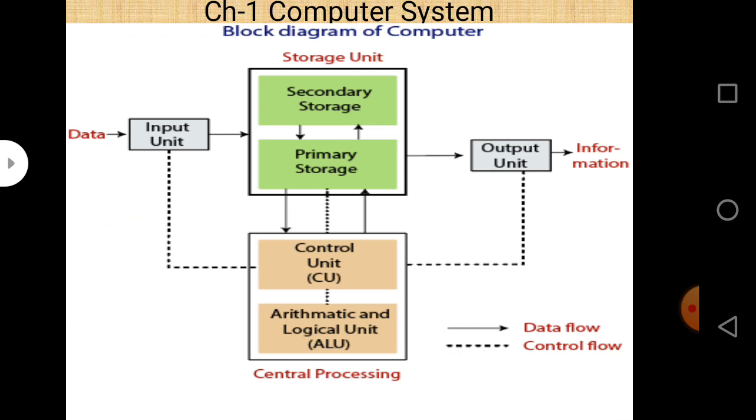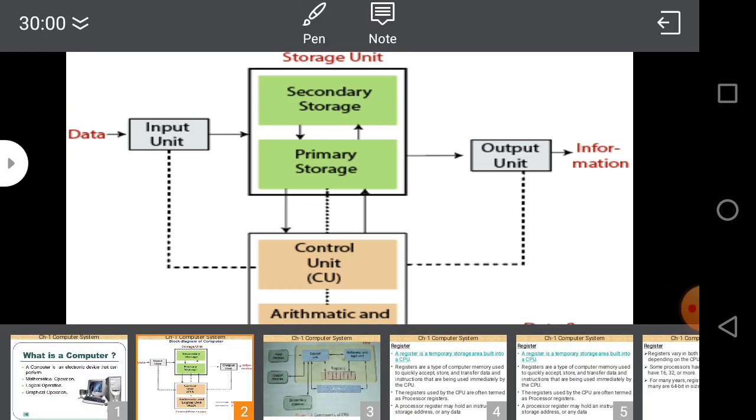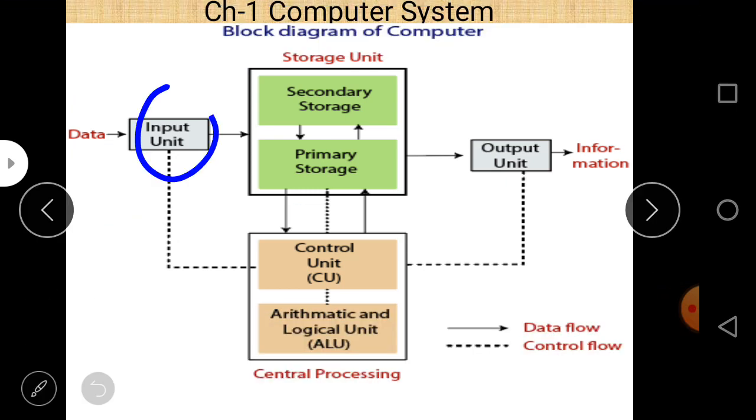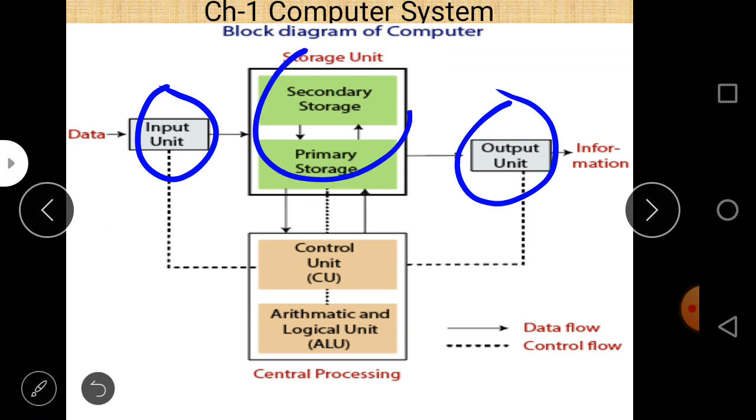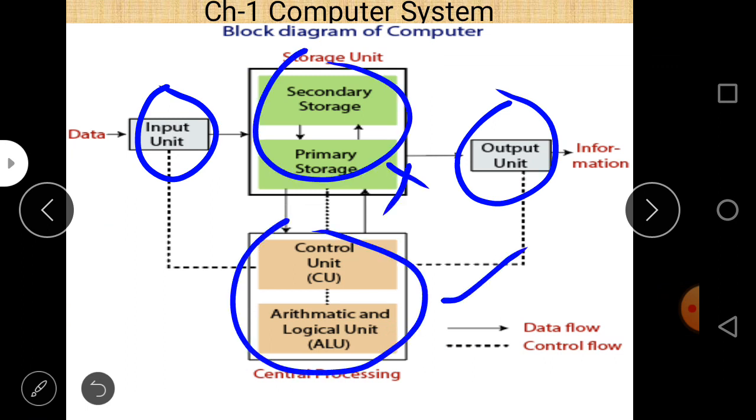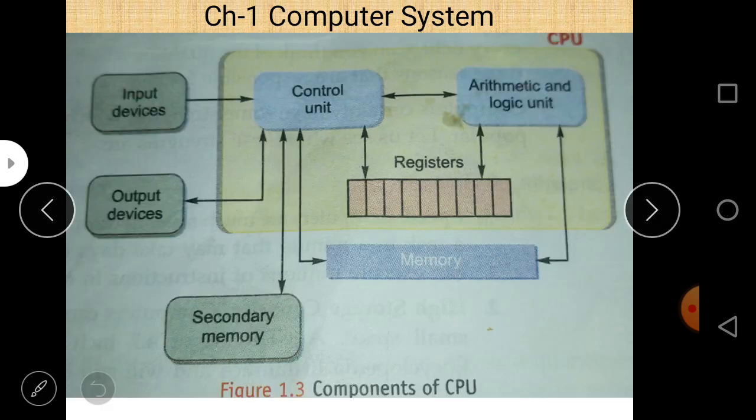So there are four different parts of it. That's why it is called the block diagram of a computer system, and all these parts are represented within a block according to the definition of a block diagram and connected using an arrow sign. The four parts are: input device, output device, secondary storage, and CPU. We already discussed CPU and primary memory, but today our topic is secondary storage. So let us take a quick revision of this.